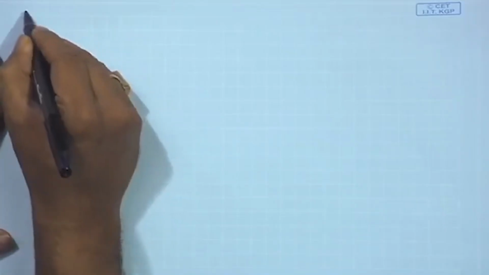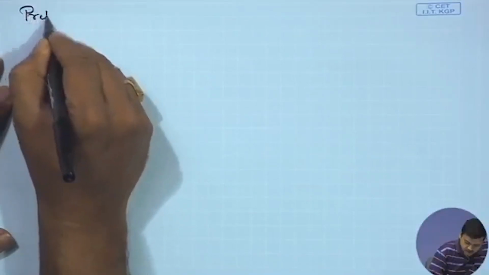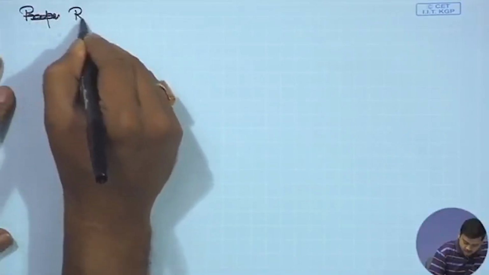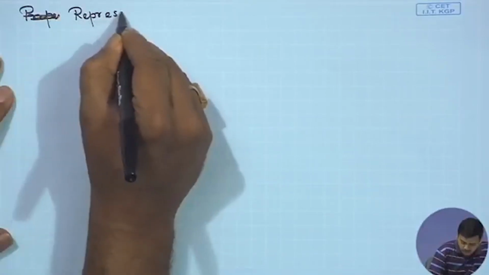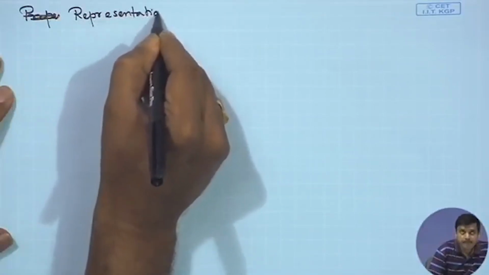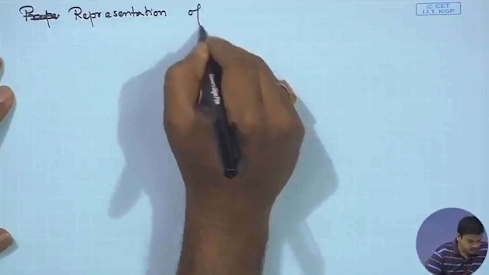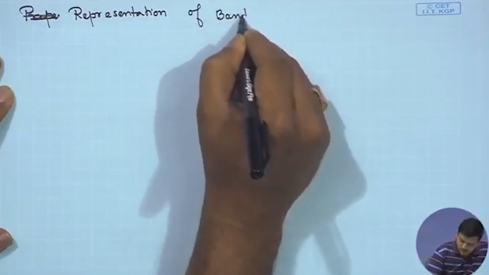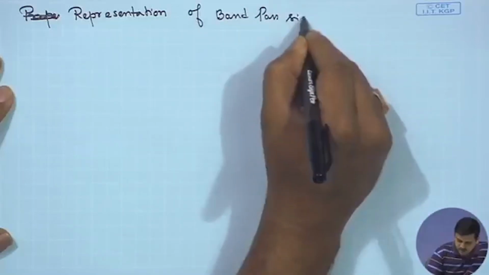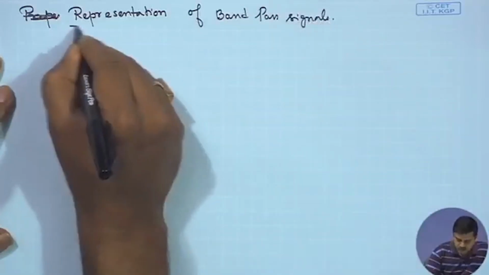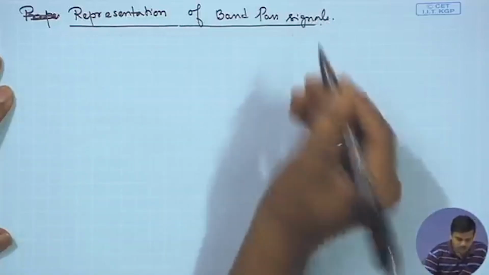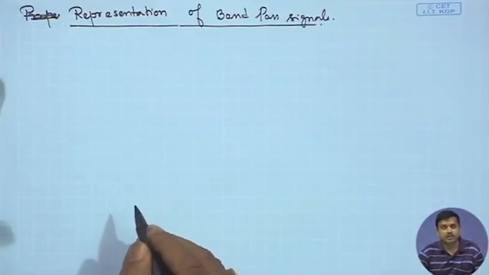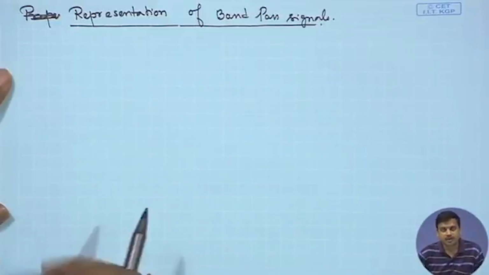So, now we are interested in the representation of band pass signals. So, we are slowly getting into communication systems. Once we are okay with these few expressions that we set up, then we will simply move ahead. So, now we consider,